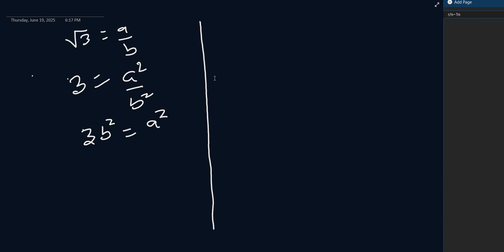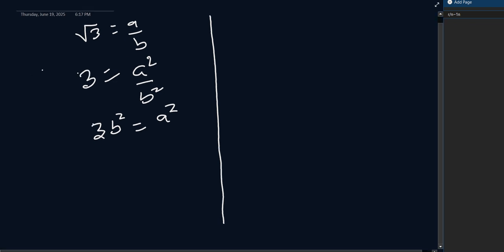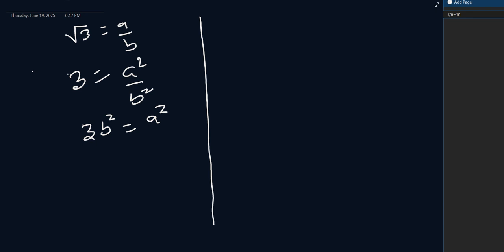Then we square both sides and we simplify. So when you square both sides, 3 is equal to A squared over B squared. And when you simplify, you get this expression. That's for the basic step, right? Now, what you can infer from here is that A is a multiple of 3. Therefore, what we can do is say let